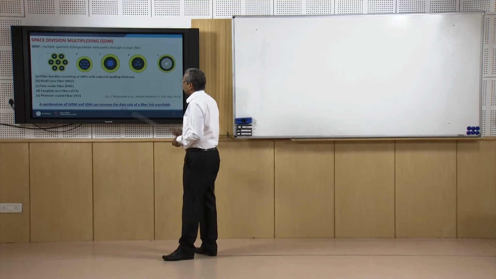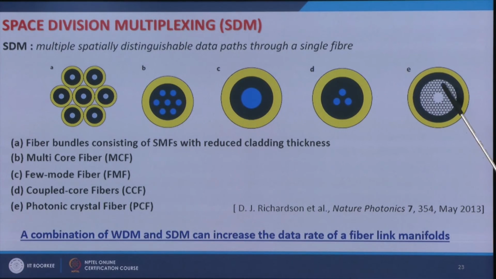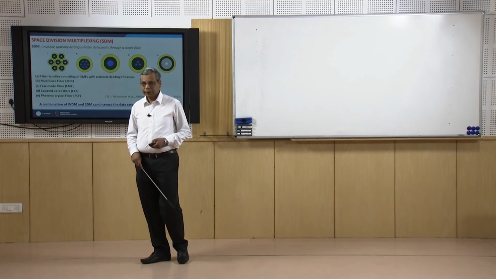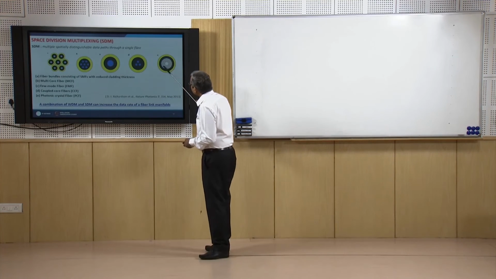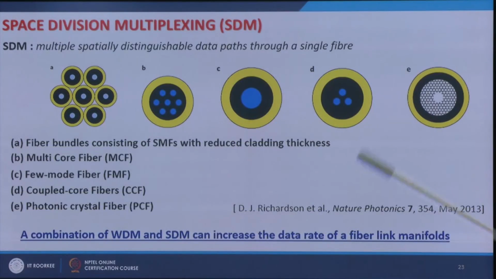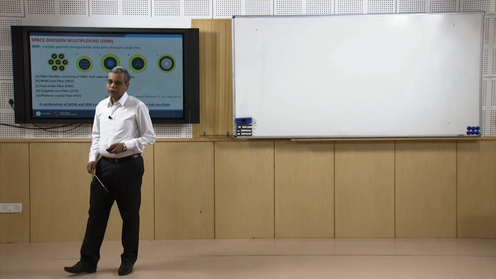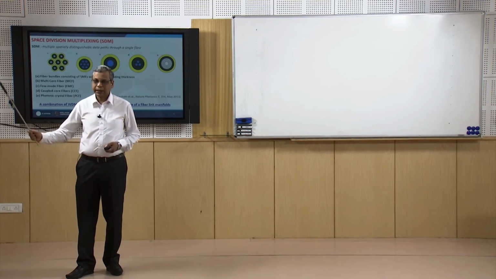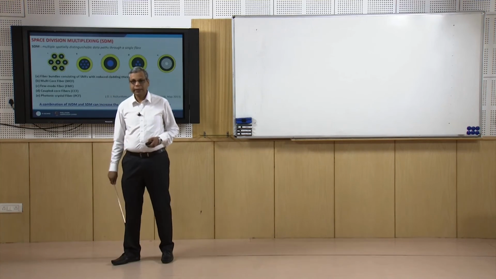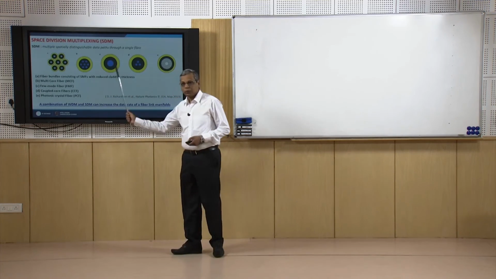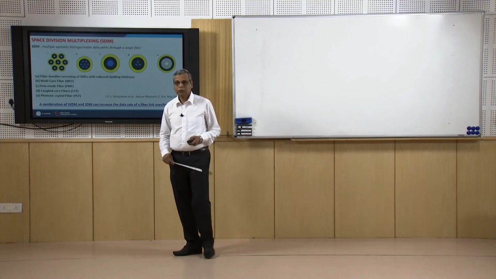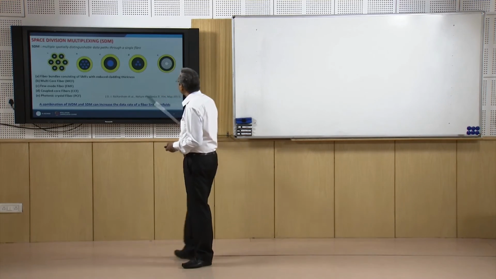And then people are also looking at photonic crystal fiber, where you have a fiber in which air holes run throughout the length of the fiber. So, there is a periodic arrangement of holes in the silica material. So, this gives you a band gap. You know, in a solid you have periodically arranged atoms, and it gives you an electronic band gap. Here you have periodically arranged holes, and it gives you a photonic band gap. So, this is known as photonic band gap fiber.